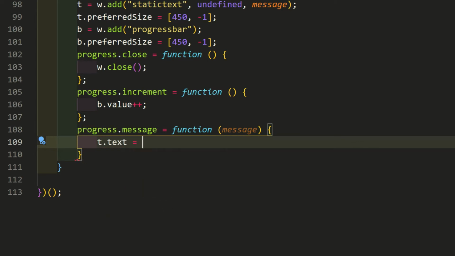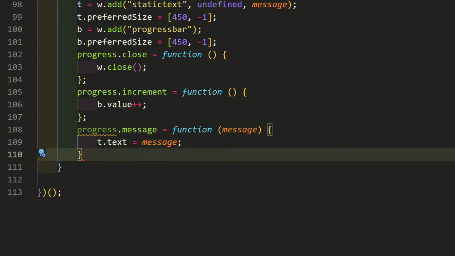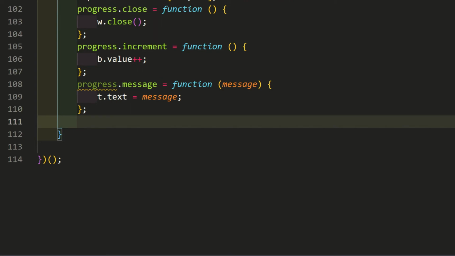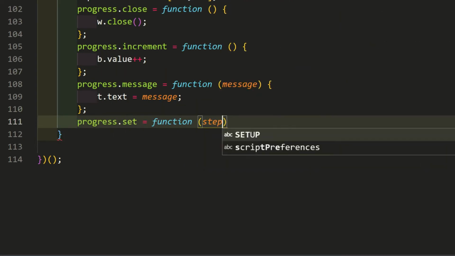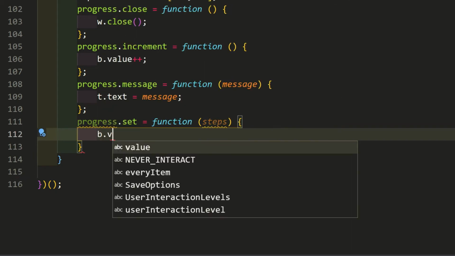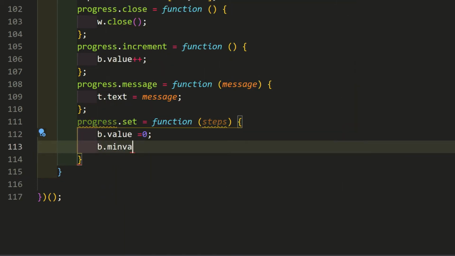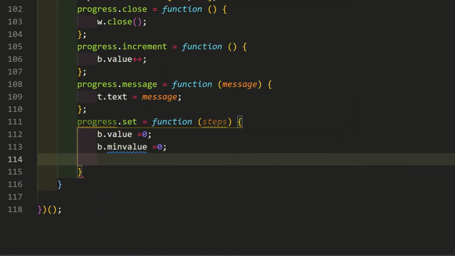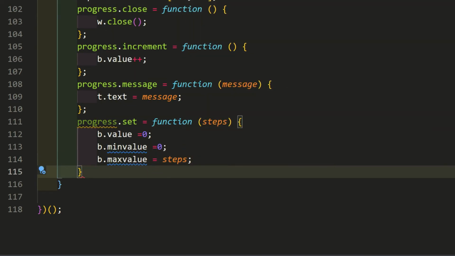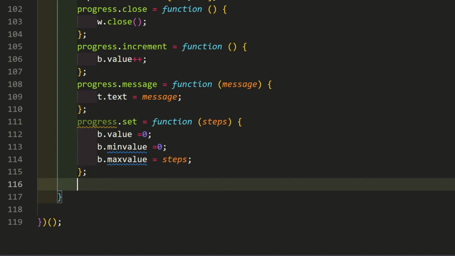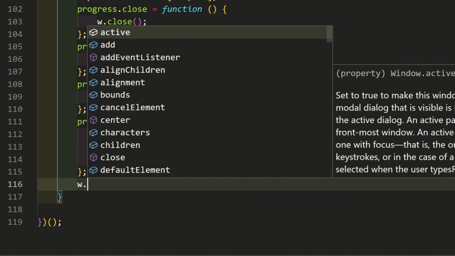But what's the point, you may ask? It's so we can call these methods from outside the progress function, which is precisely what we'll do. As well, the function variables stay private and can only be modified by calling one of the methods. It's like a class, and what you see here is all it takes to emulate one. Now show the window. w.show().